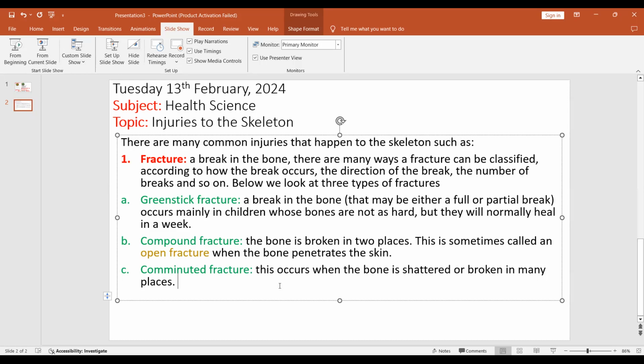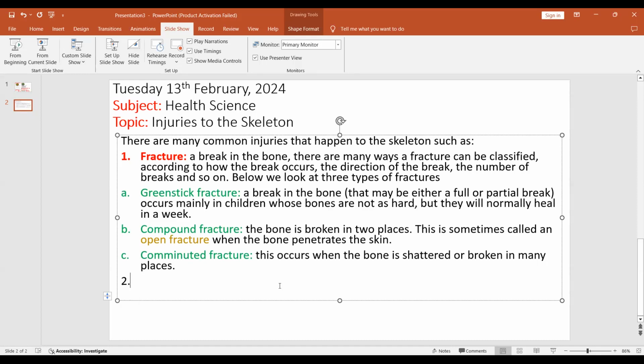Yeah, and the compound is when you have the bone being broken in 2 places, and when you have the skin being exposed, it's called an open fracture. And then the greenstick fracture is when you have a partial breaking of the bone, or even a full one, but it occurs mainly in children because their bones are not strong enough. So that's fractures. The next one is